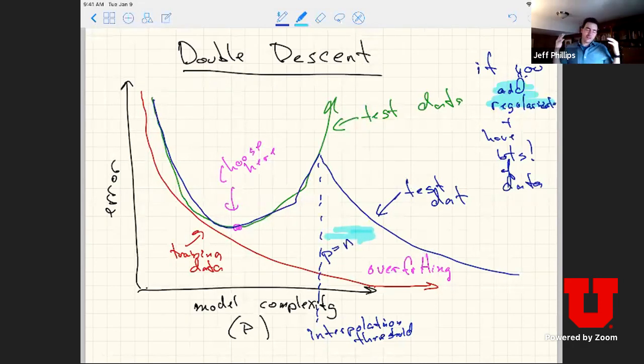And this kind of plot showed up in a paper just 2 years ago where they showed this in a bunch of different settings, and now it's showing up all over the place. In fact, this is why when deep learning started making these breakthroughs about 5 or 10 years ago, people were very confused. They were like, they're overfitting to the data. Their model was way more complex than the number of data points they had, but they were doing some things which are implicitly regularizing the solution in some way. And that was causing it, once it got past this interpolation threshold and the models were complex enough, to start doing even better on the data.